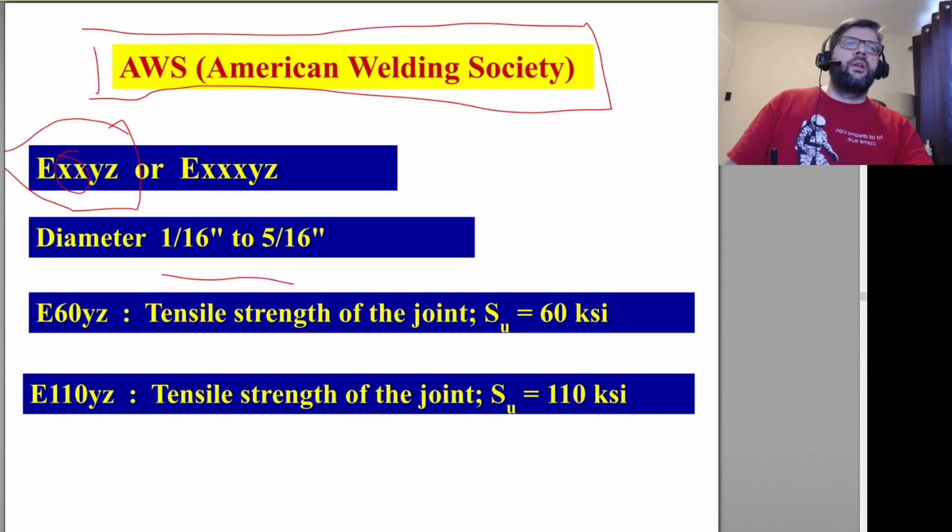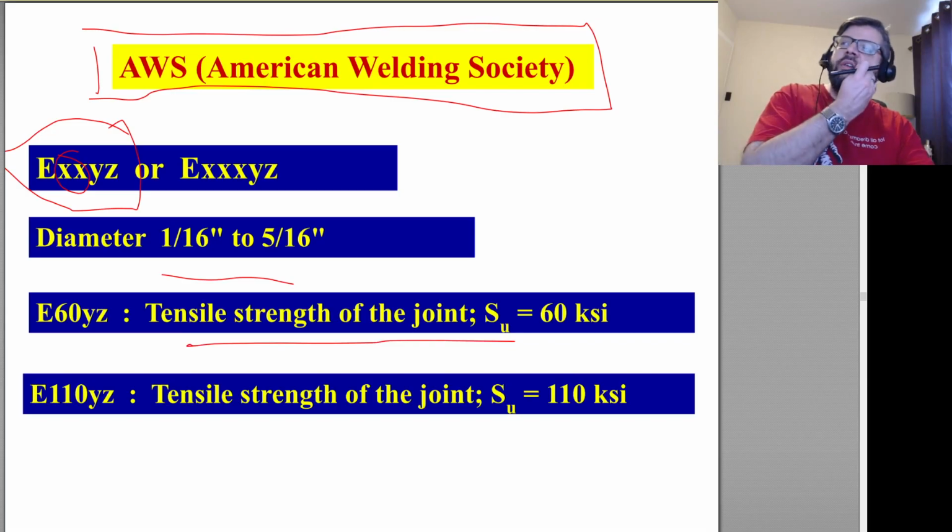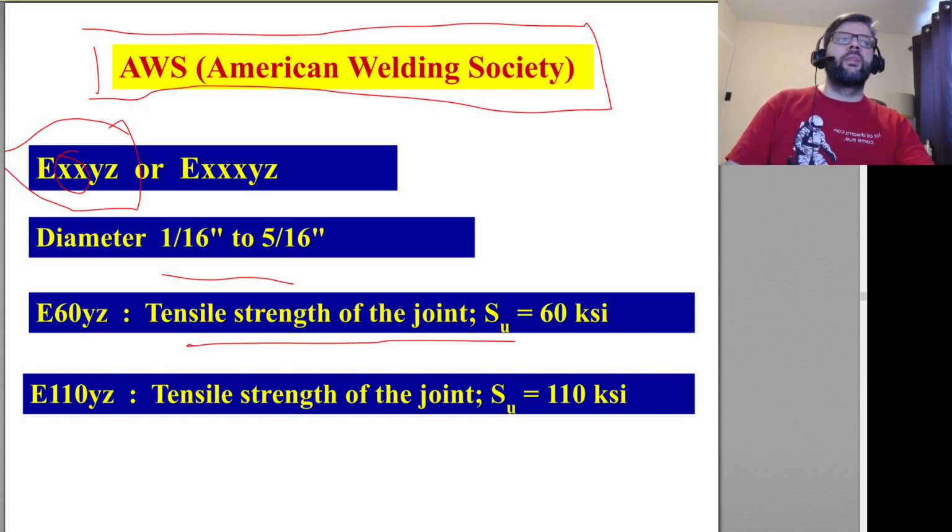If it's four numbers, the first 2 digits, the XX, refer to the tensile strength of the joint, the tensile strength of the weld material in KSI, and that's the minimum tensile strength